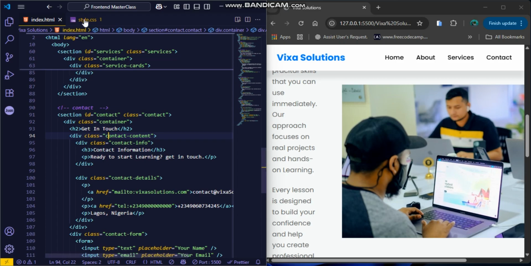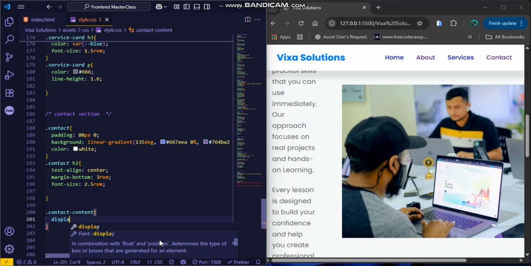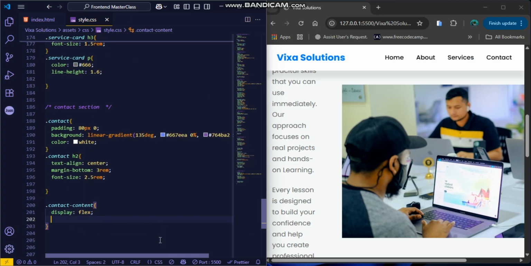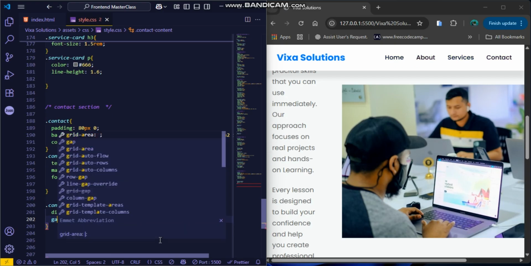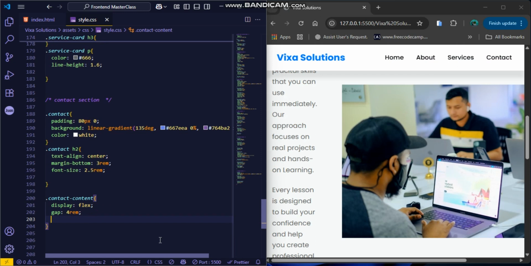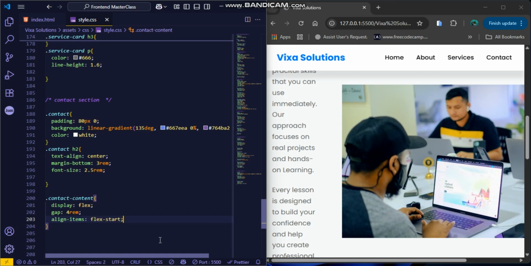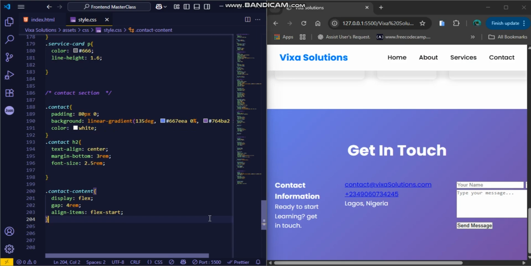Okay, so let's make it a flex container with a gap of 4 rem. Align items, this time not center, flex start. Okay guys,